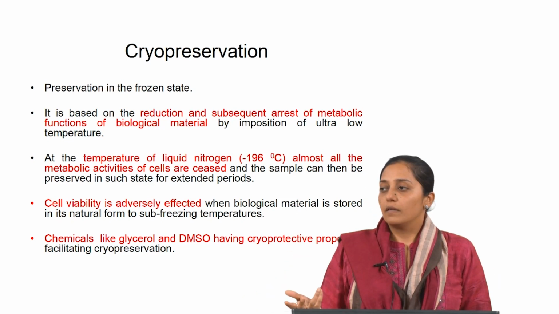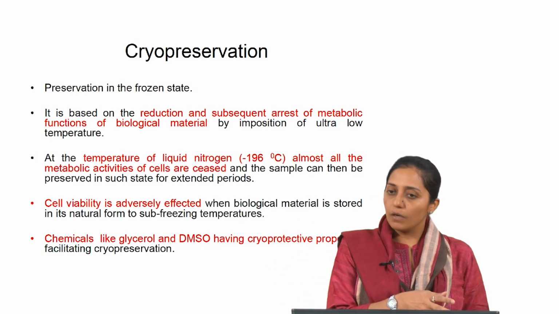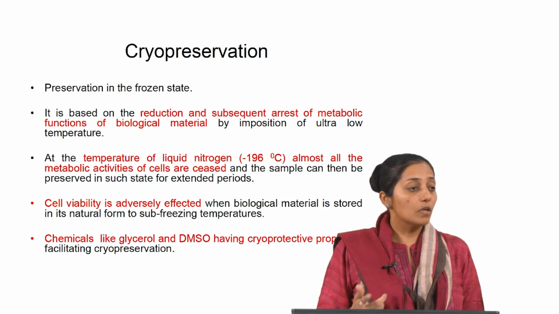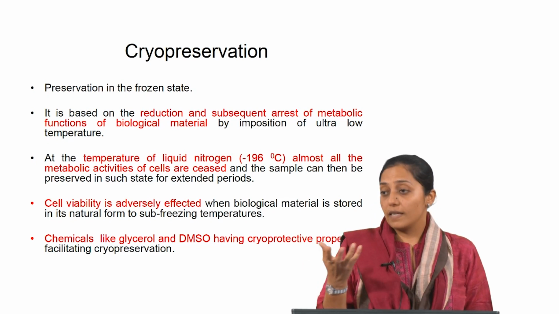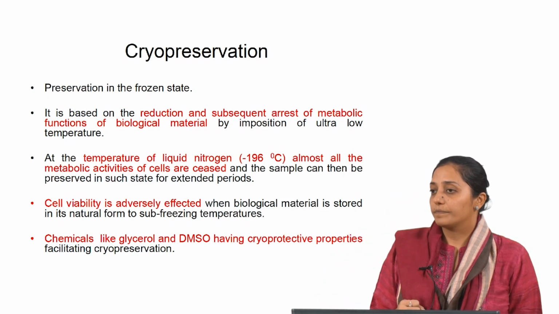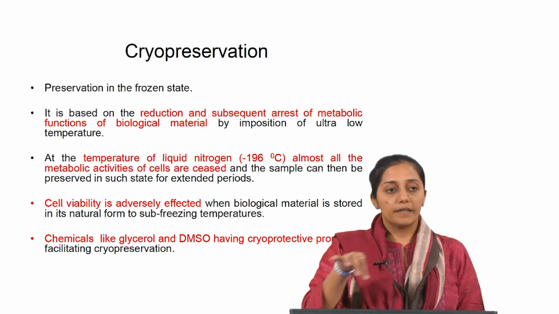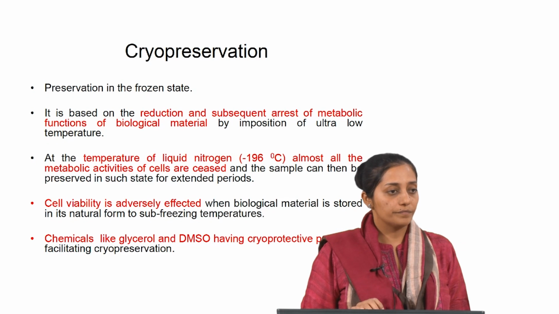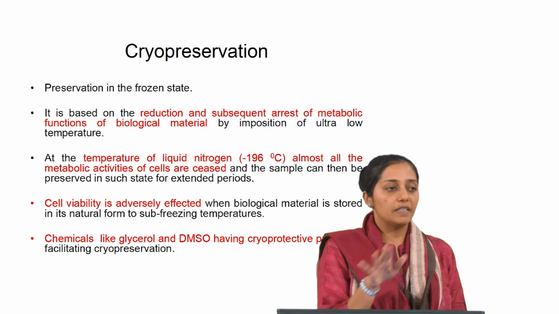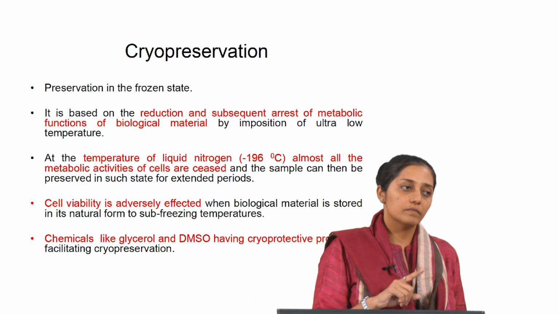So what is preferred? You gradually first reduce the metabolic activity and then bring it to a standstill. Now what is the right way? You take the biological material and put it in liquid nitrogen. So it can be stored, but there is a demerit. This is not how it is stored, especially for cells where viability is important. Why do you think it is not stored as it is, by bringing it in and storing it in liquid nitrogen? Cell viability is adversely affected under sub-zero temperatures. The first question which arises is why?